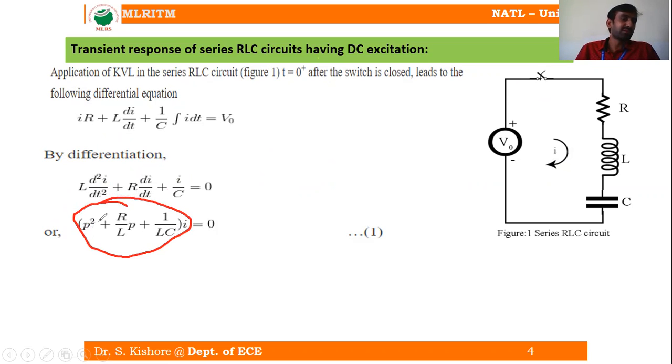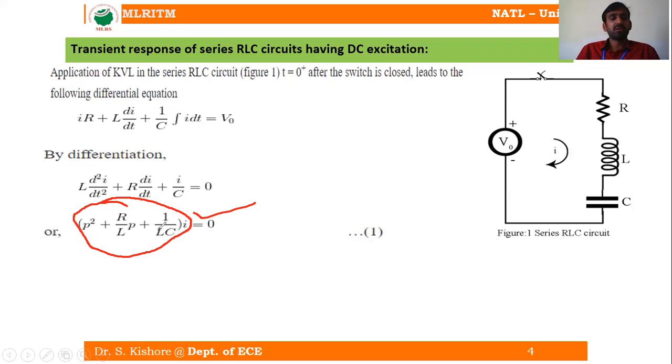If you closely observe this equation, we can say this is of the form of the second order homogeneous linear differential equation. We have seen this same type of equation in the form of d square y by dt square plus P into dy by dt plus y is equal to 0. This kind of equation you might have seen. So now from this equation,